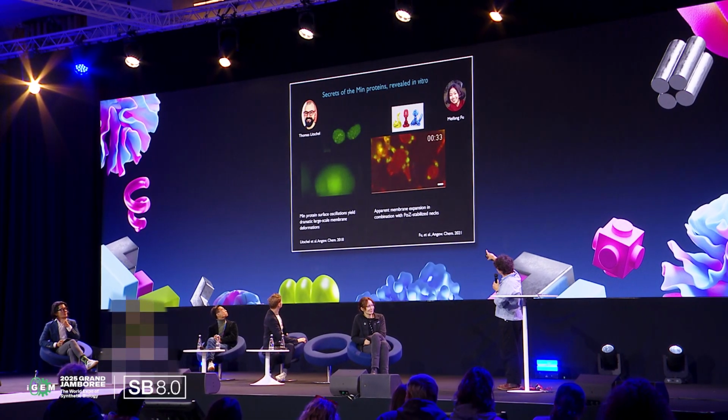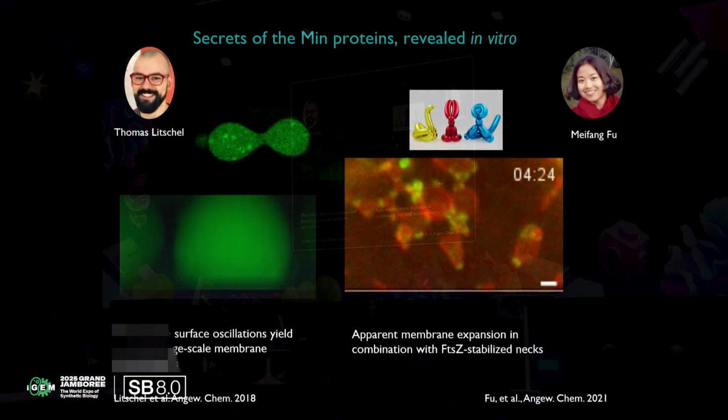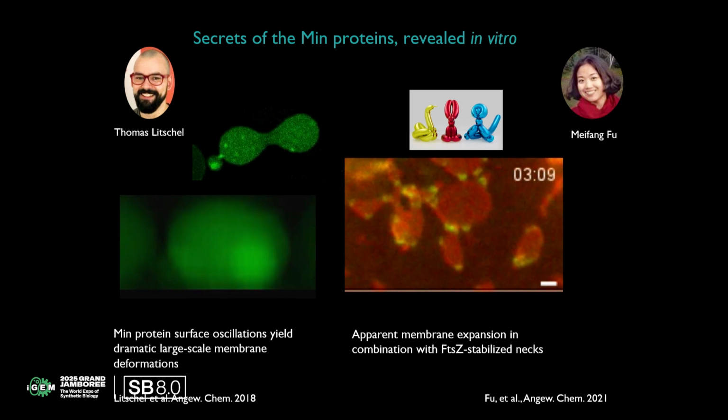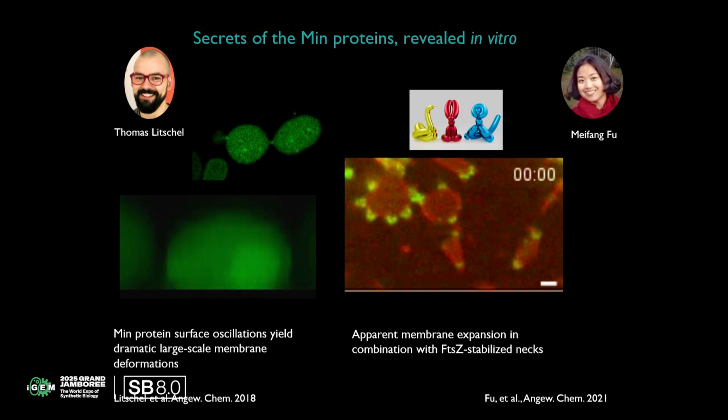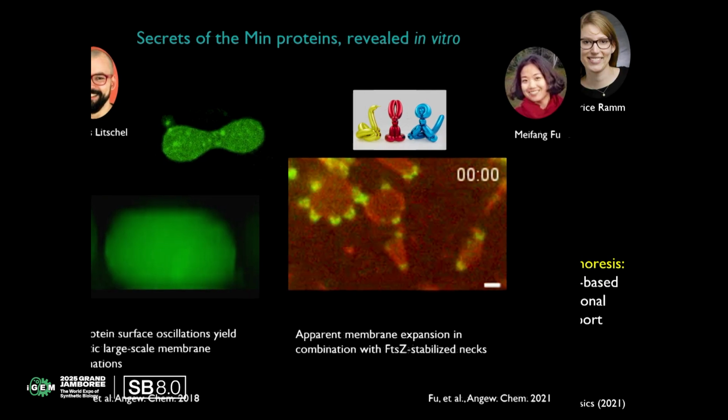And, oh, sorry about that, I wanted to go back to this. I wanted to show you the other movie. Yeah, this one. Here you can see what these Min proteins are doing with deformable membranes. If you have little green FtsZ rings, they build almost like Jeff Koons balloons out of them. In this set, we have 3 different proteins, and they're doing all kinds of fancy things. Things they are never doing in a bacterial cell, because a bacterial cell has a very stiff cell wall.